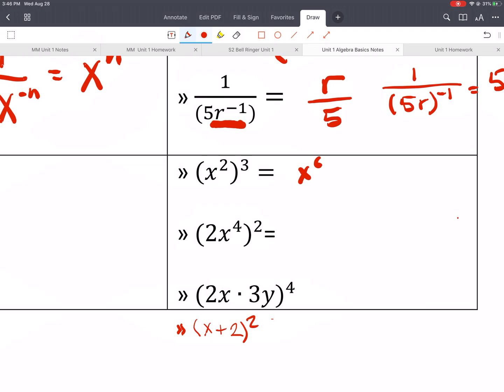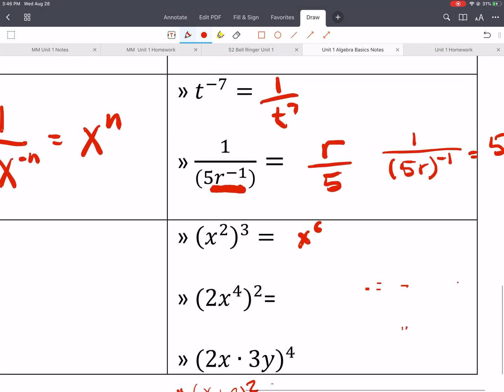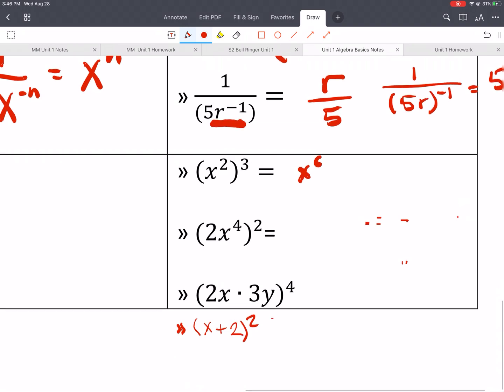Okay, next one, remember that this 2 applies to everything inside that parenthesis. So we'd have,